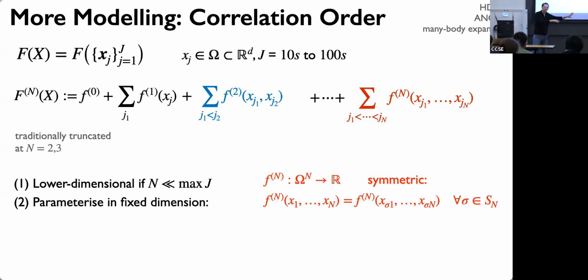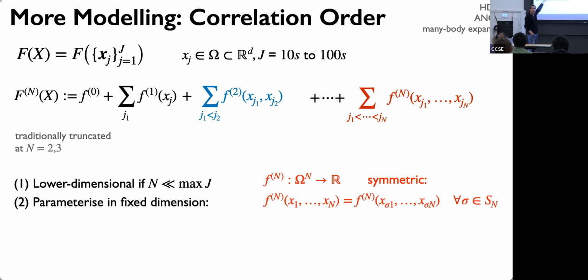Let's go back a few years, before there were deep sets and before there were all of these ideas around. Back then, the first thing you would do is something like this. Depending on who you are, you call this HDMR, or ANOVA expansion, or cluster expansion. Different fields give it different names, and it's always the same idea. You're saying, okay,